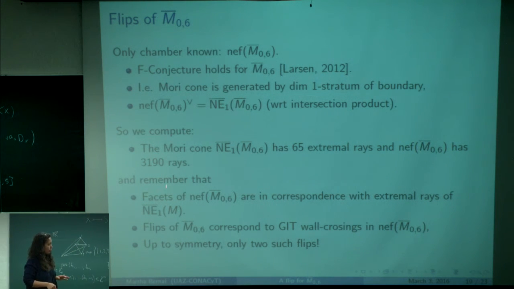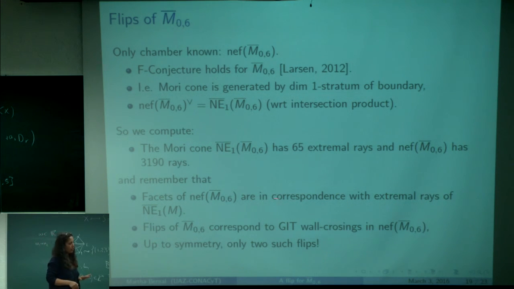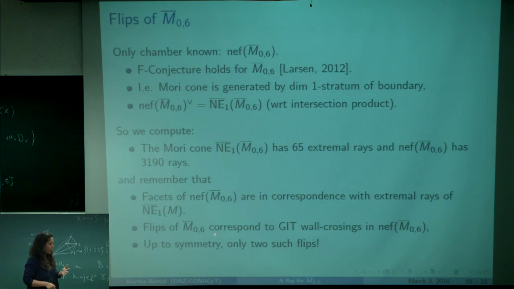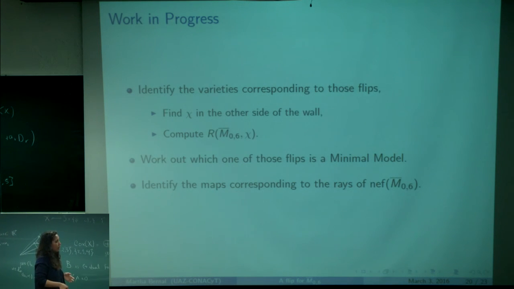Up to symmetry, there are only 2 extremal rays. So if the facets of the F cone are in correspondence with extremal rays of the Mori cone, and the flips correspond to the GIT wall crossings in the F cone, then we need to compute only such 2 of them up to symmetry. So the work in progress is to find, once we know the F cone,